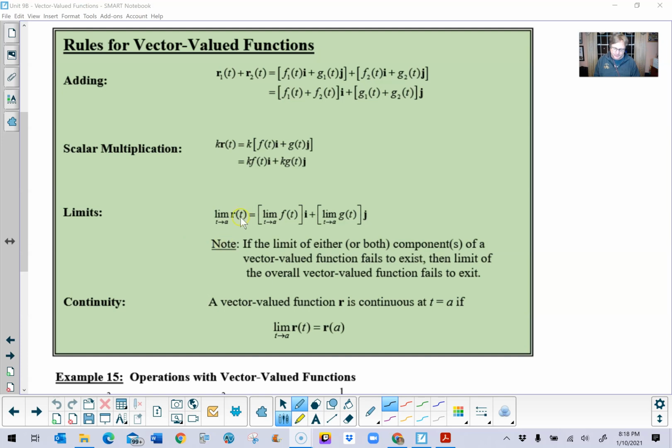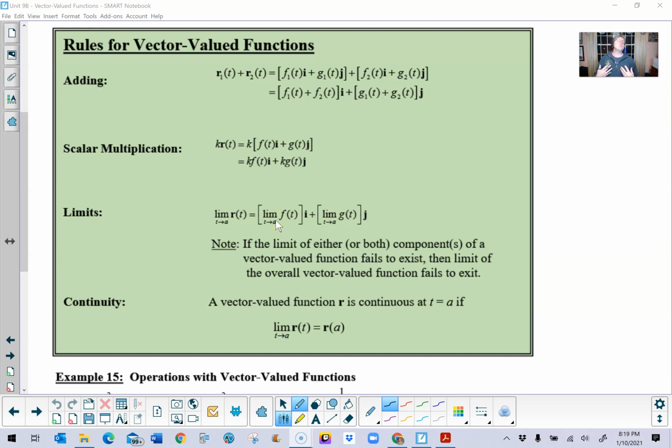And basically, if you've got a vector valued function r, and you're going to take the limit, let's say as t approaches some value a, well, you know that vector r is going to consist of a couple of different components. It's got this f of t component, which is attached to the i, and the g of t component attached to the j. Basically, you take the limit of each of those components separately, just like you did, say, when